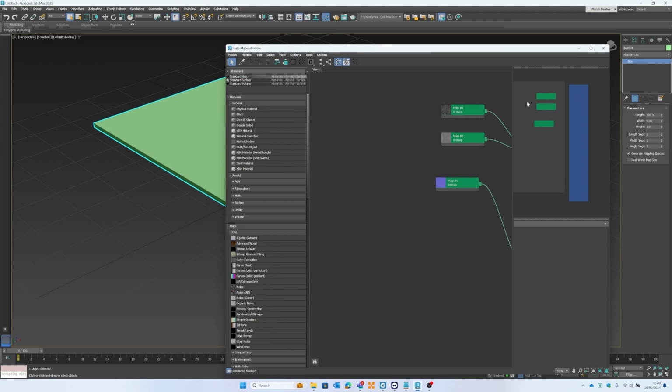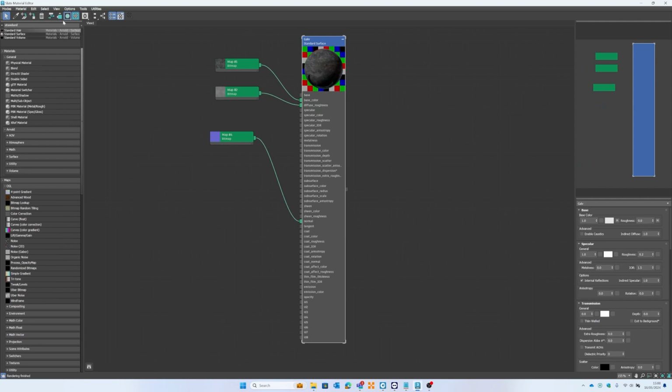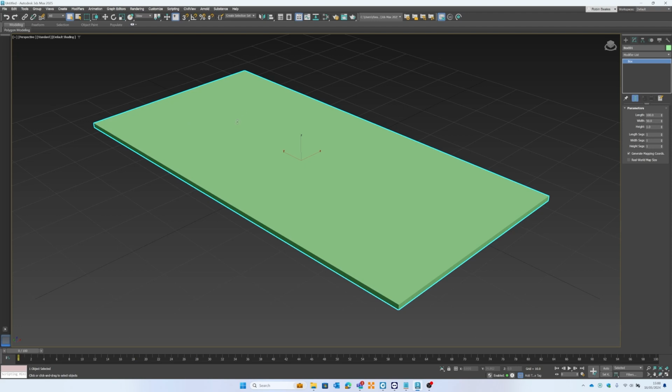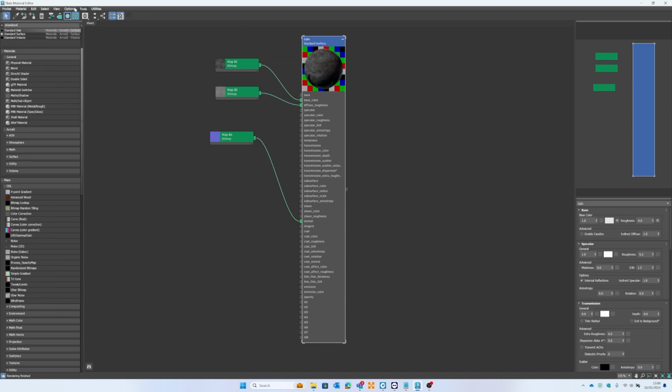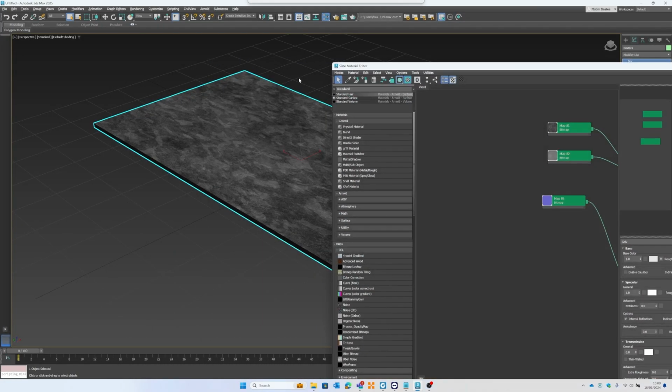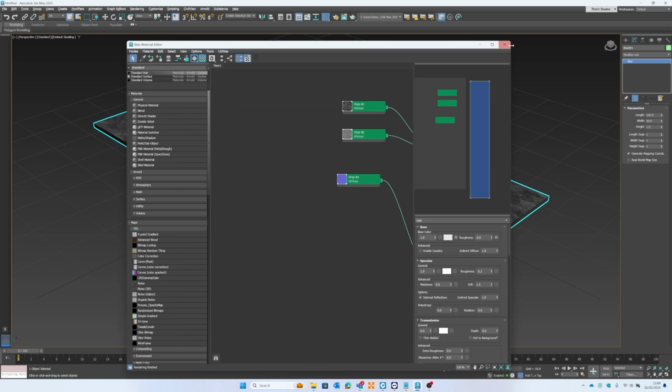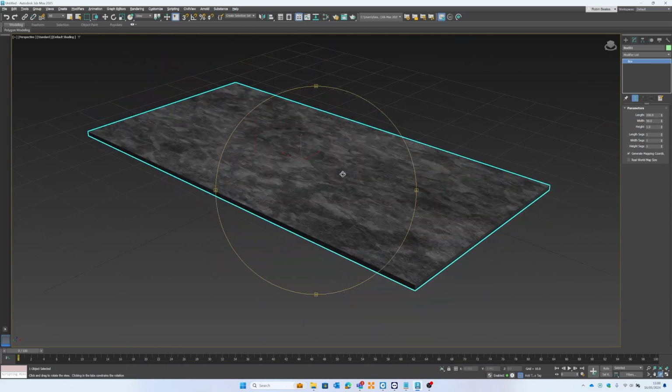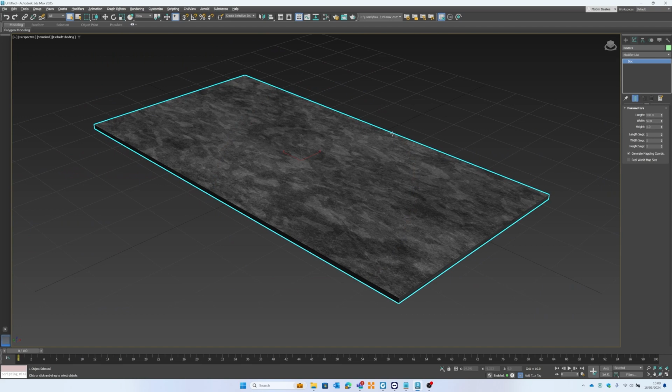And with that selected and with my component selected, I'm going to hit this button here. And what that'll do is it will assign the material to the selection. So that'll take this galvanized material and it will assign it to this selection here. So grab it, assign it to the selection, and then you can see that material within your viewport. You won't see all of the roughness or the bump map because they will only display when the thing is rendered. But it's going to start showing you the kind of color and the look and feel for that